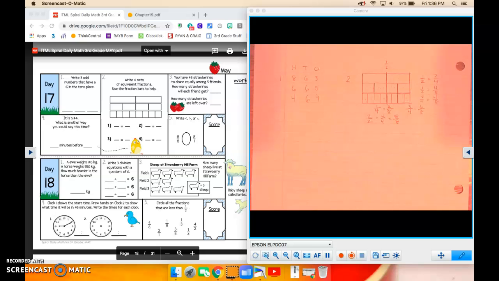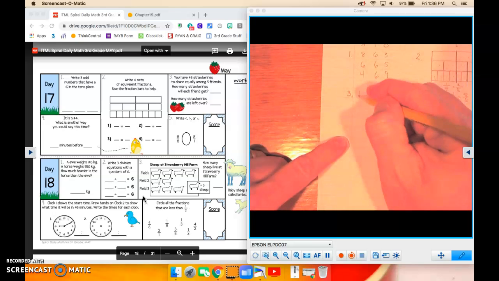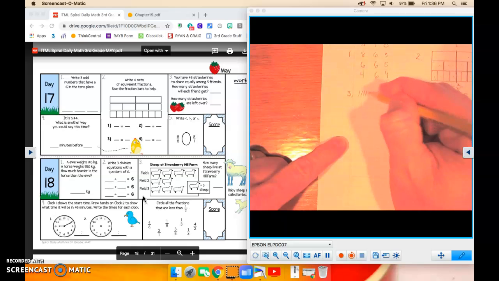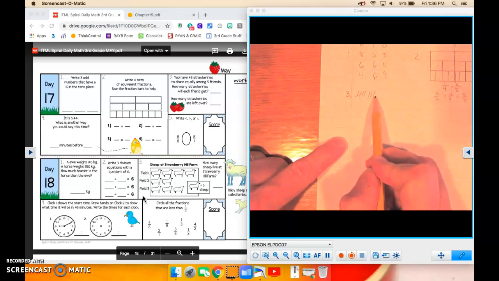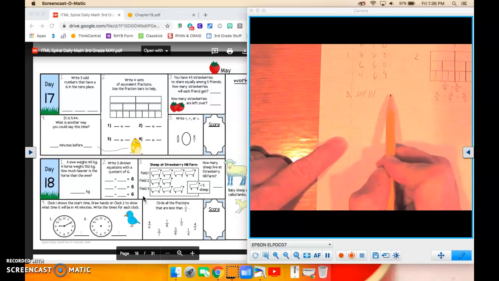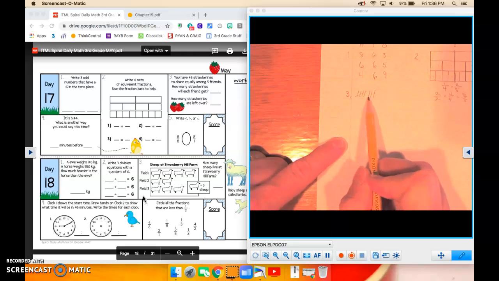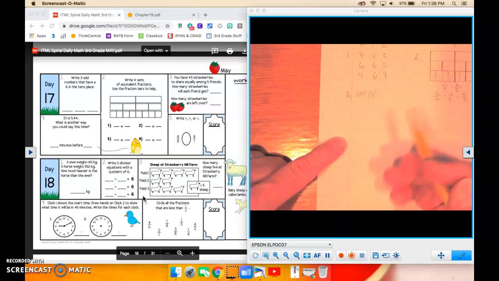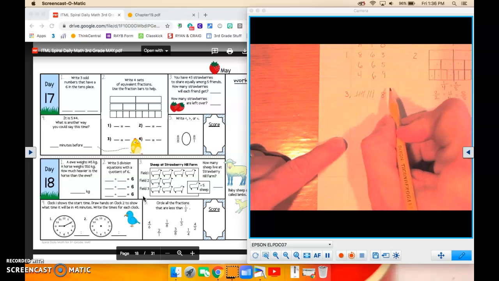Great work. Okay. Number 3, you have 43 strawberries to share equally among 5 friends. How many strawberries will each friend get? Okay, so we got to go, how many times does 5 go into 43? Well, 5, 10, 15, 20, 25, 30, 35, 40, 43, so 45 would be too much. So 5, 6, 7, 8. Each friend will get 8